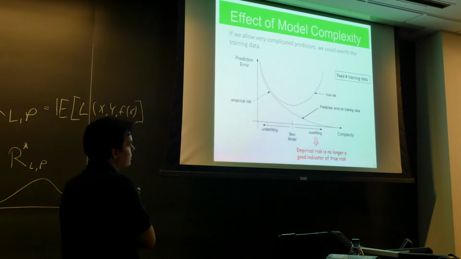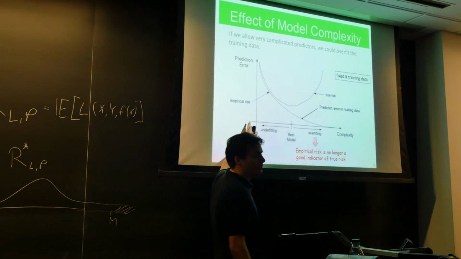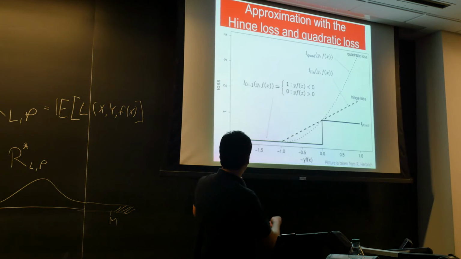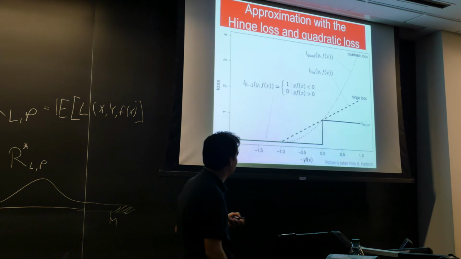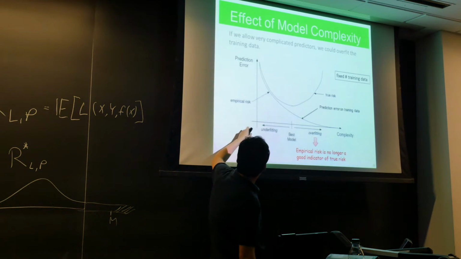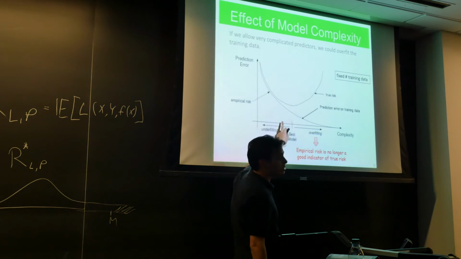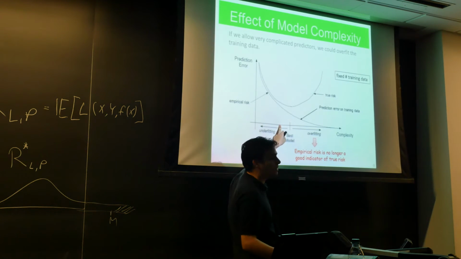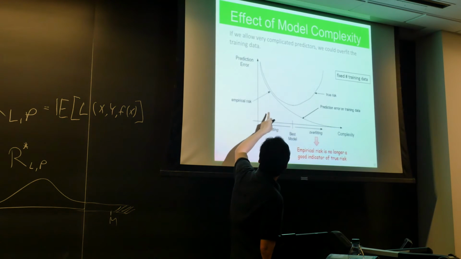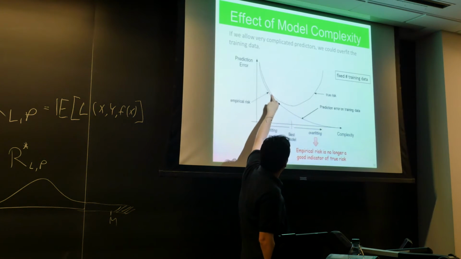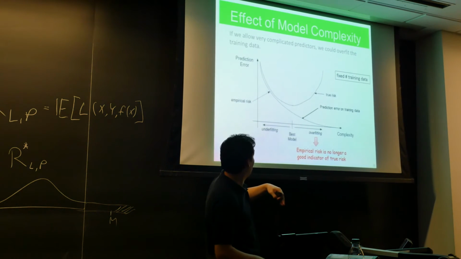Okay, so this is what happens in practice. Say this axis is the complexity of the functions you consider. You might think of this as the functions getting larger and larger, so the complexity you consider is increasing. For any function f, that function has a true risk. Your algorithm doesn't have access to the true risk, but it has a true risk. And usually, since we do empirical risk minimization, the true risk